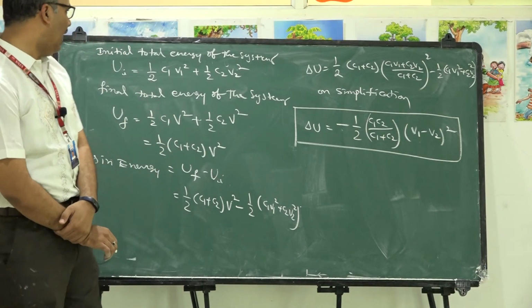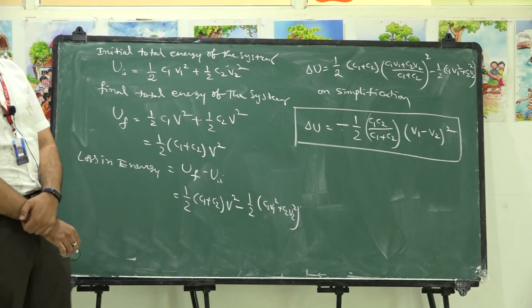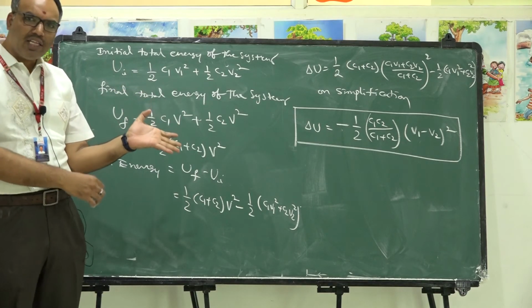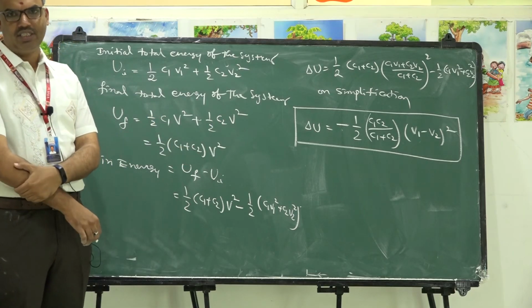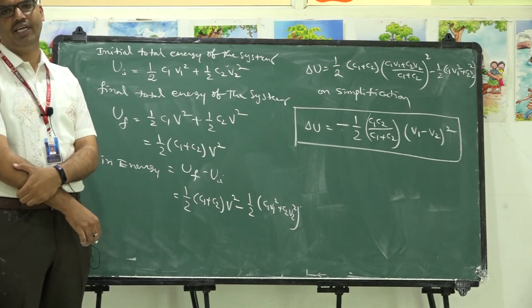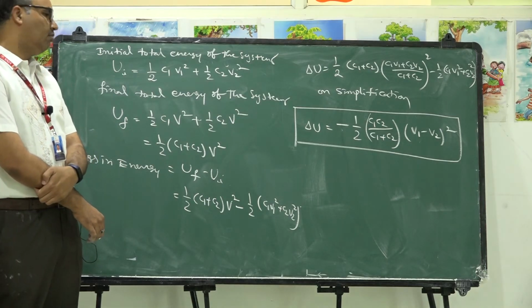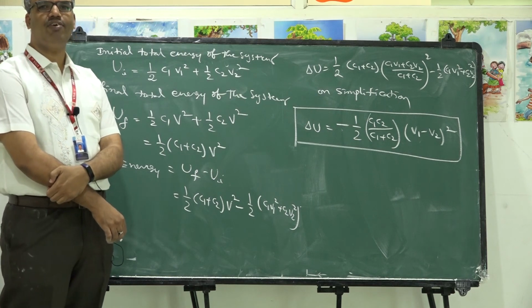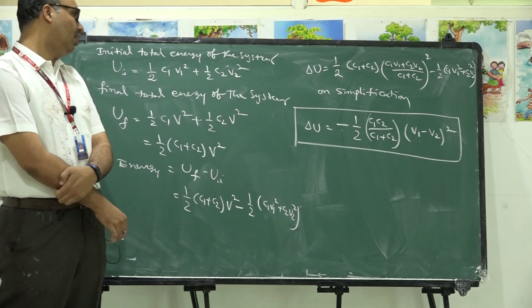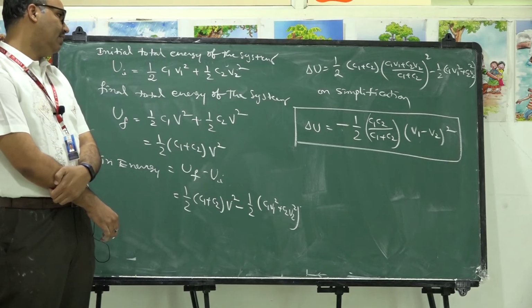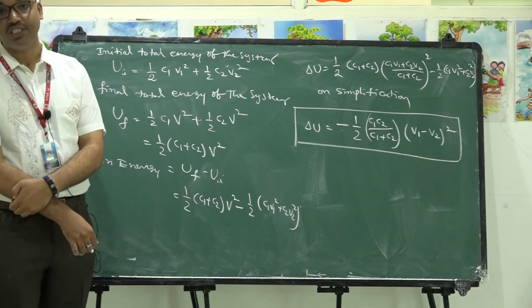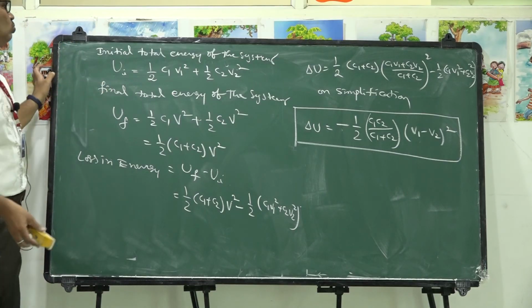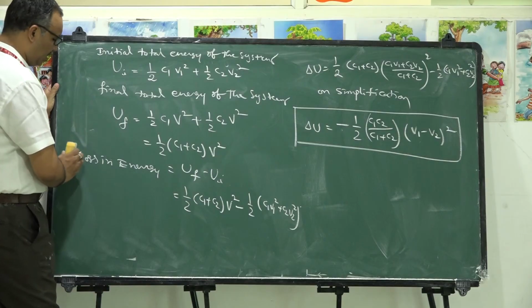How to use this idea? Now we have seen the redistribution of charge. What is redistribution? Whenever you attach one sphere with another sphere by means of a wire, some energy is lost in the form of heat or light or sound, and they attain a common potential. We gave an expression for common potential as C1 V1 plus C2 V2 by C1 plus C2, and we calculated the loss in energy. How do we have to use it? Practically, while doing problems, it is used in two different situations. Let us see those situations.